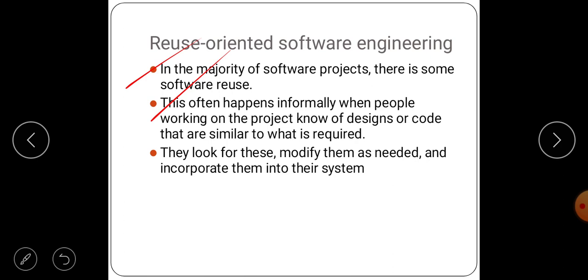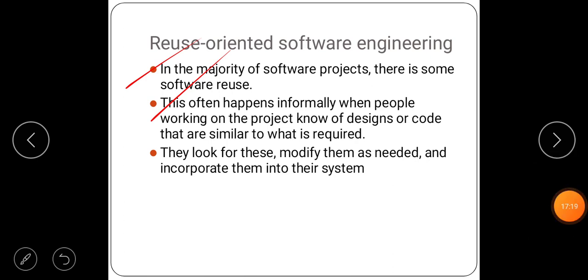This engineer already knows the code design for Canara Bank. The same design and code will be implemented for the new bank, like DCC or SBI. You are going to copy some of the technology design from Canara to develop the software for the new bank. That is reuse oriented software engineering.